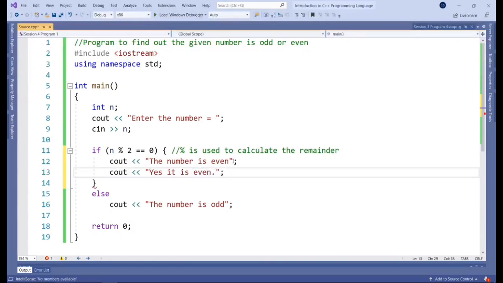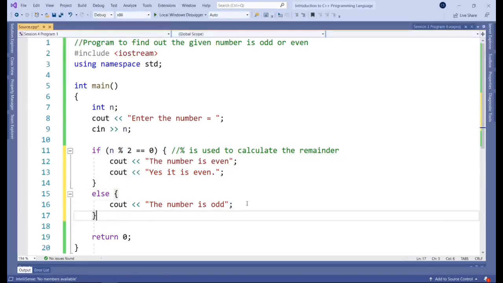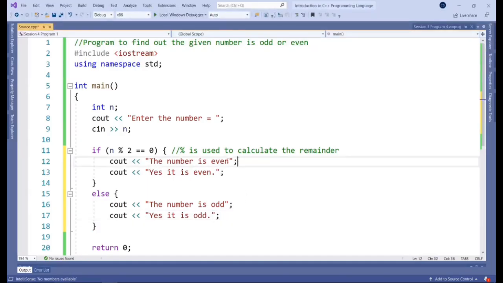So here we're actually printing out 2 lines of text, and this would all happen if that first condition is true. The same can be done for the second condition, or the second scenario, I think is probably the best way to look at it. You could add whatever you wanted here, really. So you're not just limited to doing one statement. You can actually do multiple statements if you make use of the brackets.